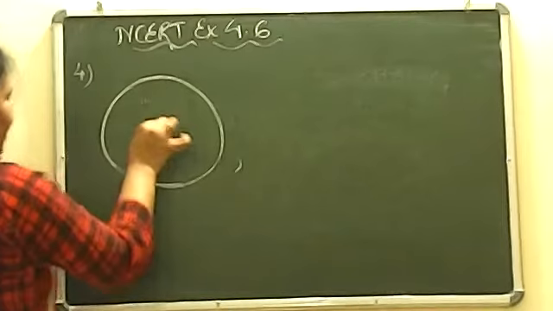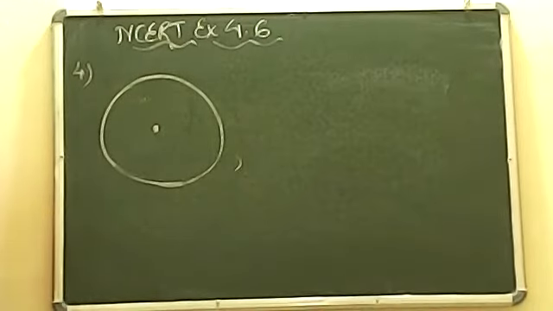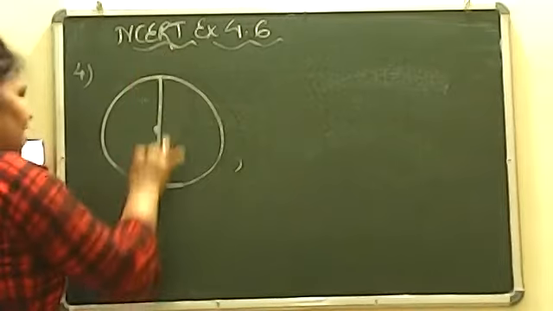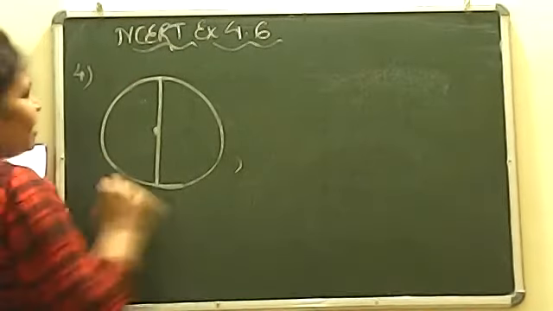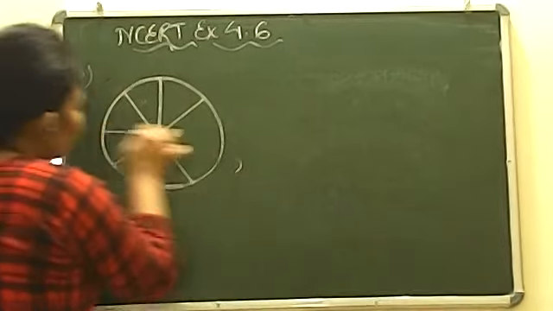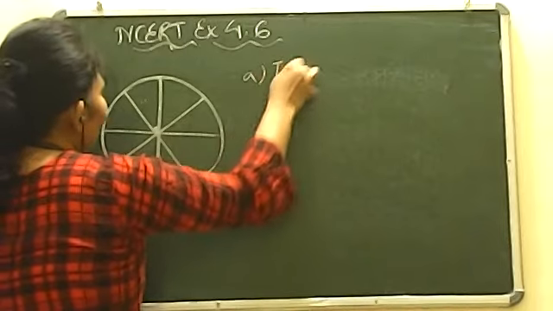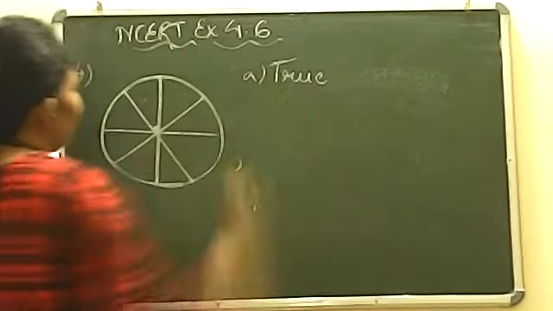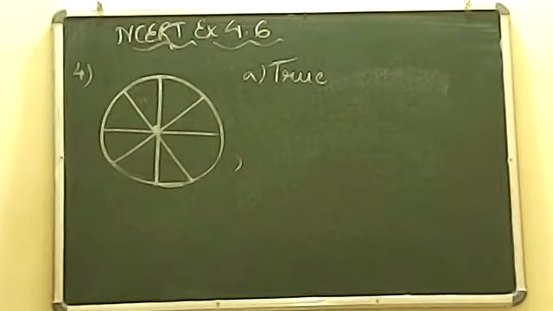This is the circle center, suppose. Okay? And it is telling two diameters of the circle. Suppose I have drawn this diameter. Now I have to draw another diameter. Beta, if you are drawing another diameter, let's say you take it here, or maybe you take it here, or you take it here. Anywhere you take it, yes, of course, it will intersect. जरूर intersect करेगा बेटा. और कहाँ पर intersect करेगा? They will intersect at center. Always remember, they all will intersect at center only.